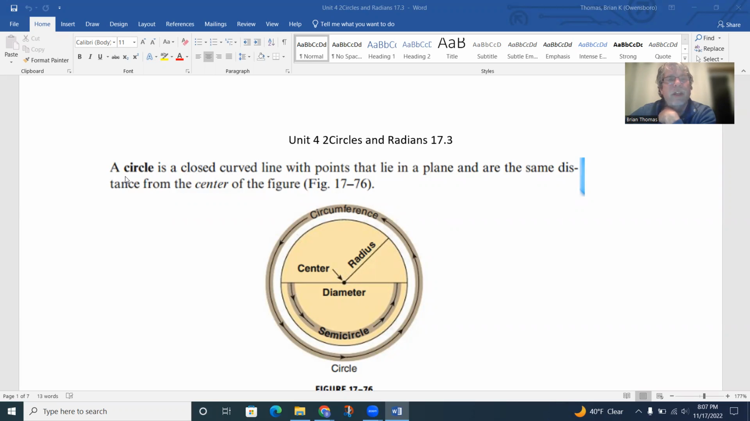The way they describe a circle is a closed curved line with points that lie in a plane that are the same distance from the center of the figure. Whoever thought about saying a circle is a closed line, but that's essentially what it is. It's a line that goes around and ends up on top of itself. Some things to pick up on with a circle is, first off,